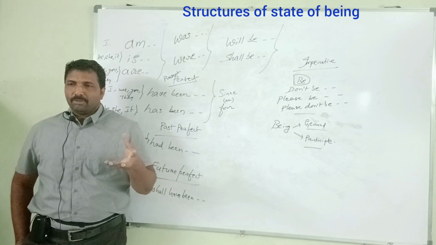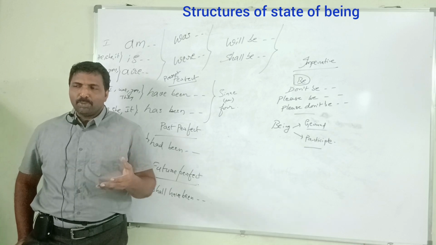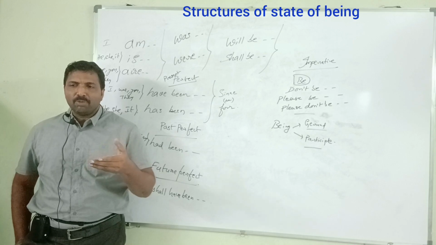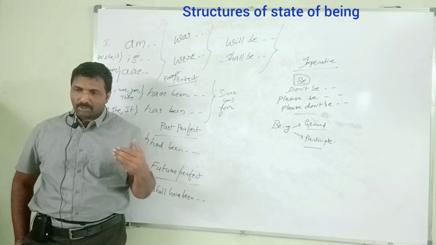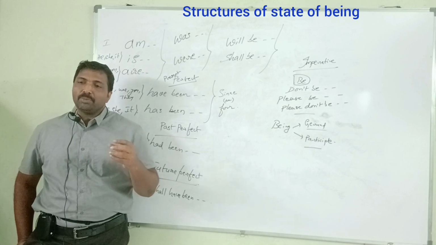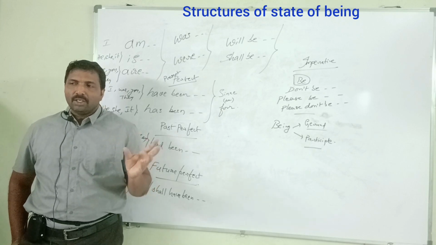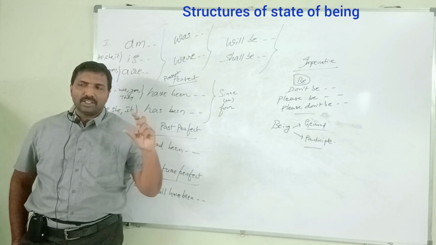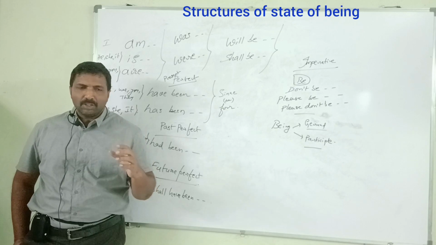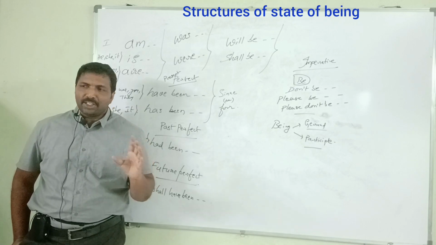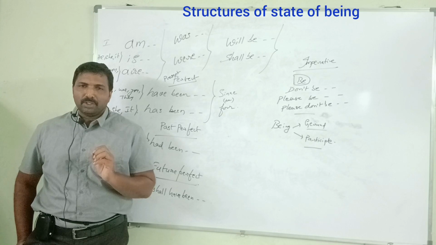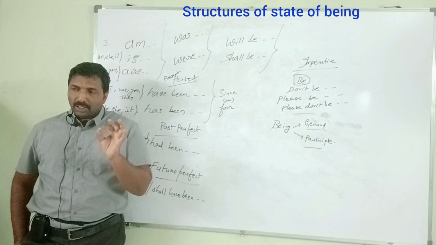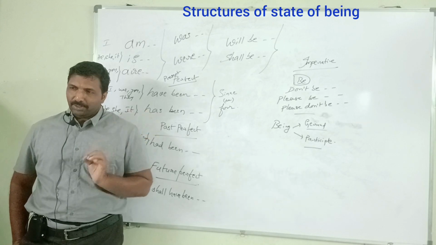Is is there for Mohan. Verbs usually can be a state of being verb or an action verb. They are running. Running is the verb for the subject they. It can be an action verb, it can be a passive sentence. He was suspended. Suspended is the verb for the subject he. It can be a possessive verb. She has a car. Has is the possessiveness verb, for the subject she.